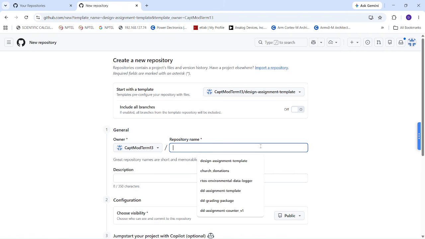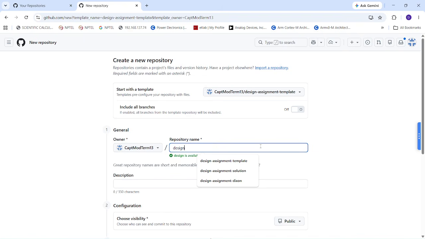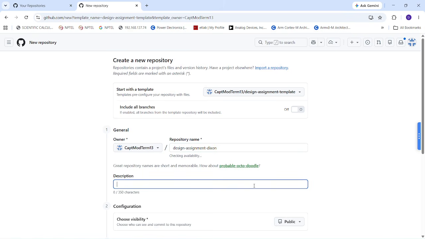Just name it design assignment. You can name anything, but I prefer you to follow a standard naming. I'm just naming it design assignment, just giving it my name. Just give some standard names so that you can